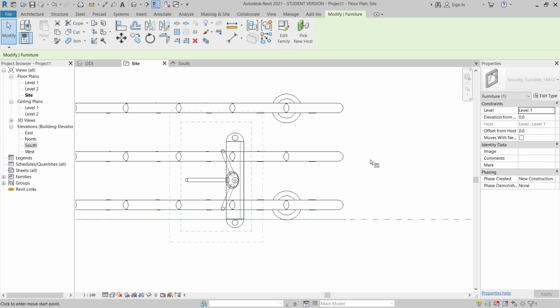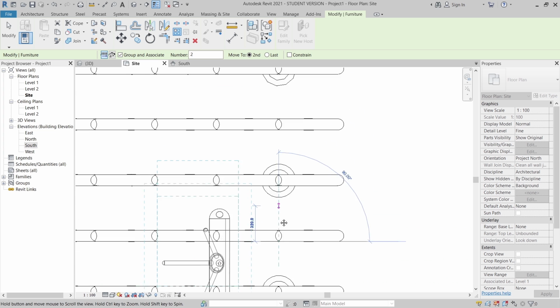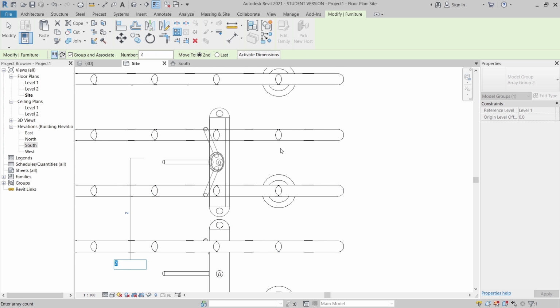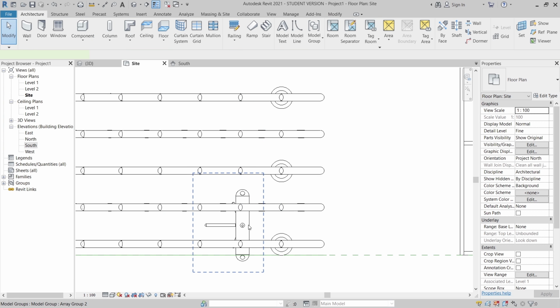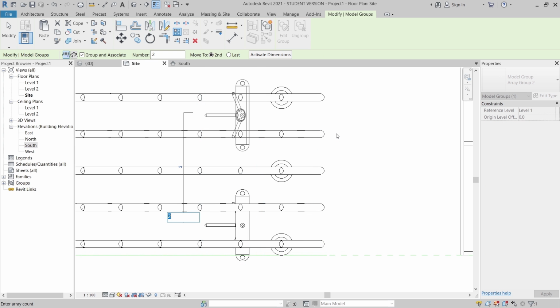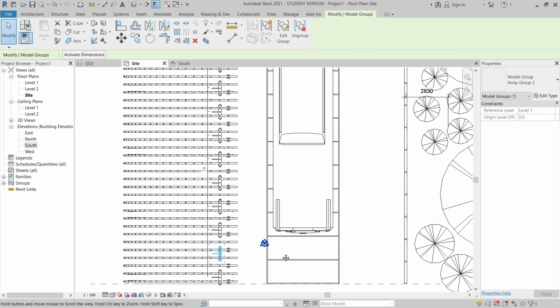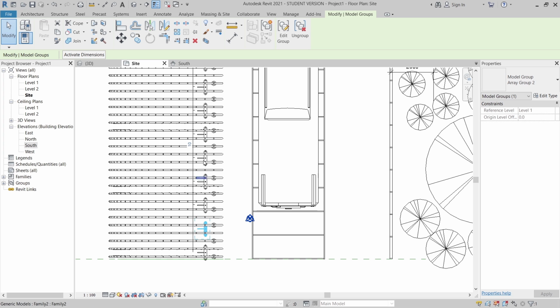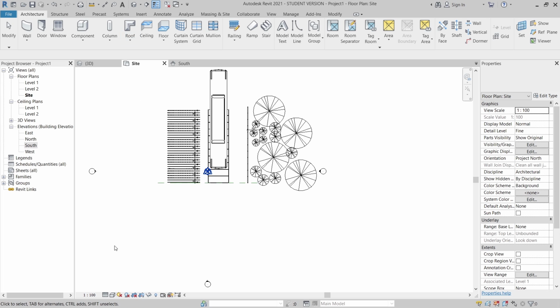Select my component here, AR for array. I will start from, let me check first. Start from here until here. Okay, not what I want. Let me move it up first. AR, start straight away, make it something like this. Yep, then we'll try it for 10. Okay, I think one more, 11. Yep, perfect. Hit escape a couple of times.